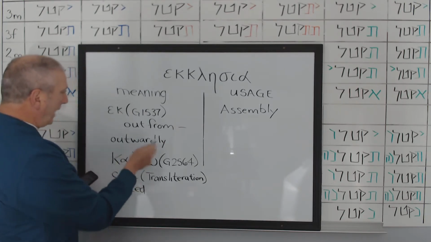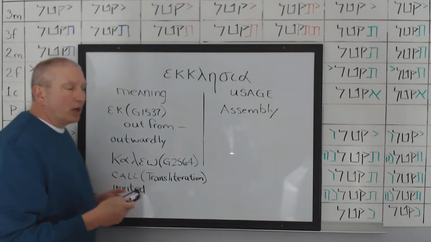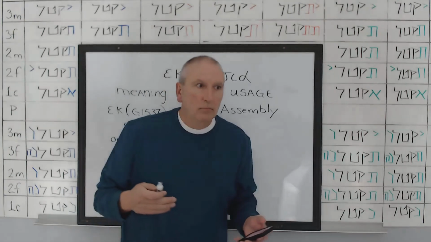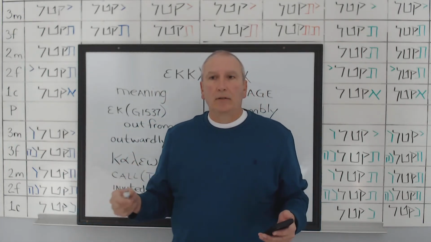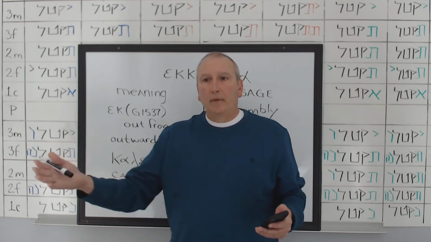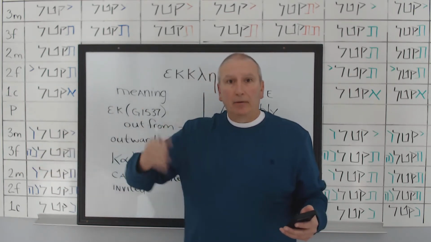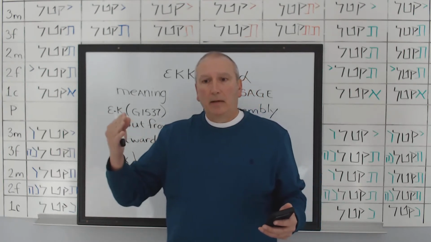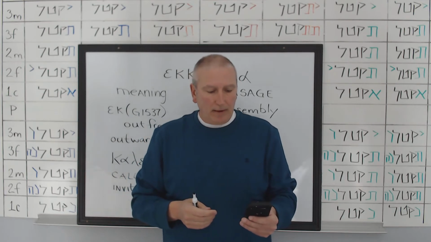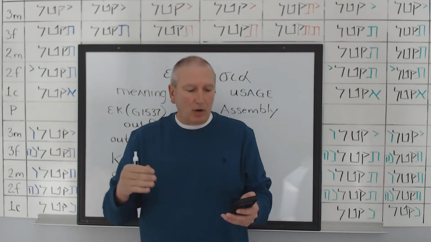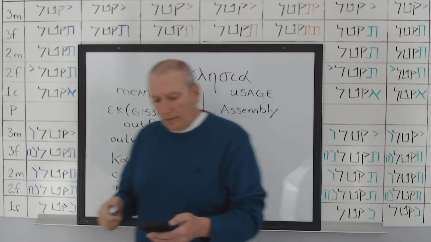And then, of course, out, that would be the idea. There is no verb call, kaleo, in the koine text. It's just called. And of course, those who accepted the invitation came out. You see, that preposition, when you do research on it, refers to severing a previous tie, a strongly held tie.